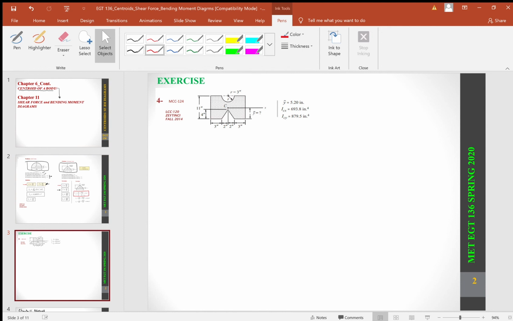So let's move forward and really look at an example here. We have this geometric shape here, and it comprises of three different shapes. Also, it comprises of a solid and a hollow. So as a solution,